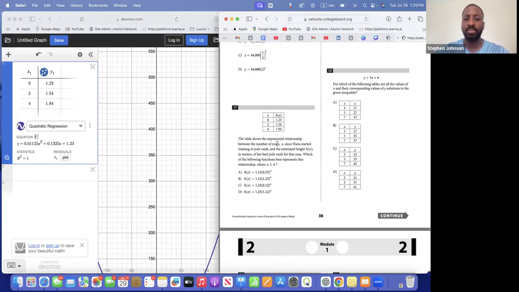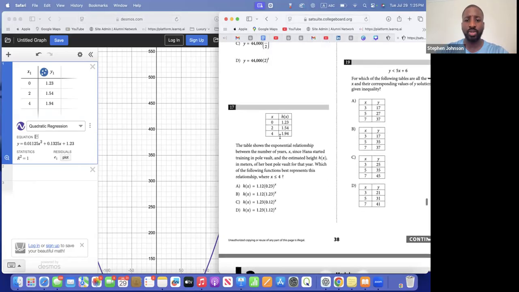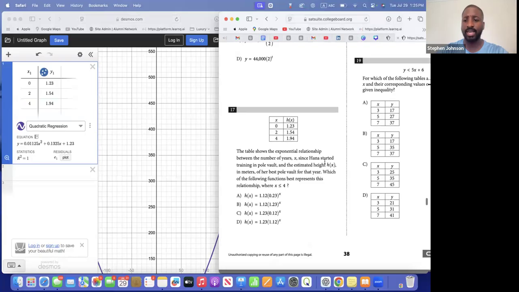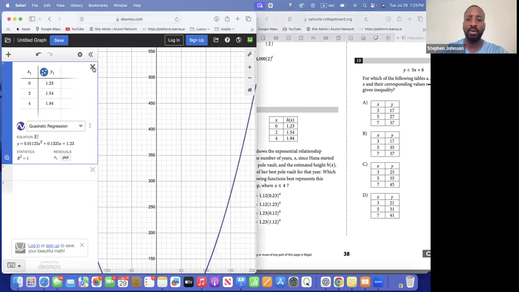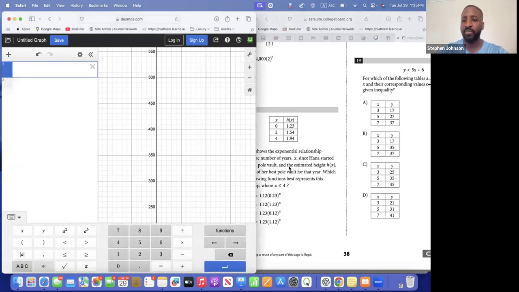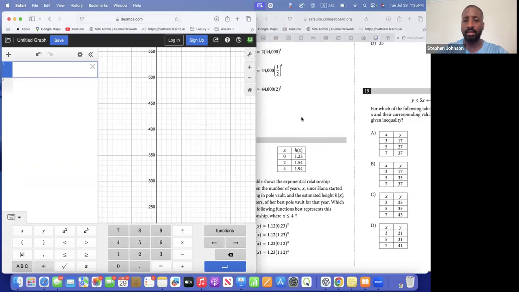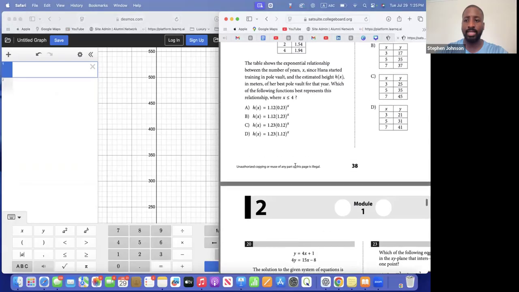The table shows the exponential relationship between the number of years x since Hannah started training in pole vault and the estimated height h of x in meters of her best pole vault for that year. Which of the following functions best represents this relationship where x is less than or equal to 4? Again, I think we can solve it. It's not fast, quick, and easy, so I'm not going to do that right now. We're going to skip over that one. This is number 17. Number 18